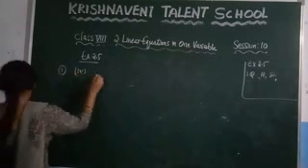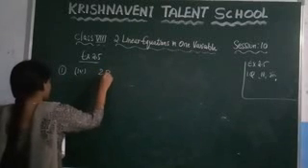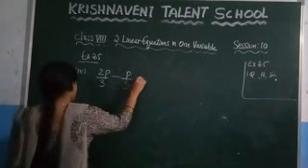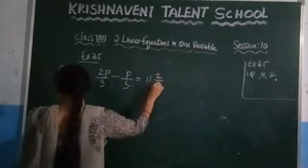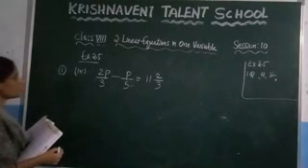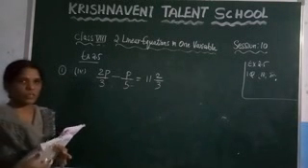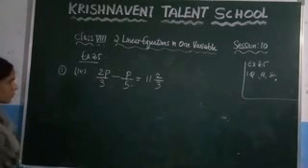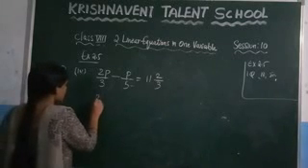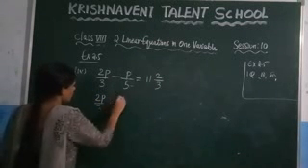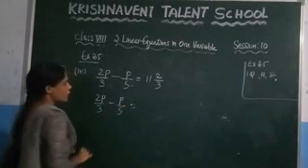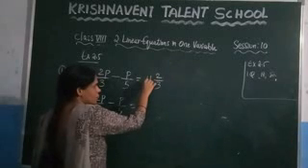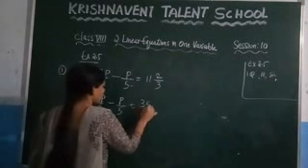Fourth question. So what is given here? 2p by 3 minus p by 5 is equal to 11 2 by 3. This is the question they have given here. You need to solve this linear equation. That means you need to find the value of the variable, in this case, which is p. So write it here, 2p by 3 minus p by 5. Just convert this mixed fraction into the improper fraction. So how do you convert? 3 into 11, which is 33, plus 2, which is 35 by 3.